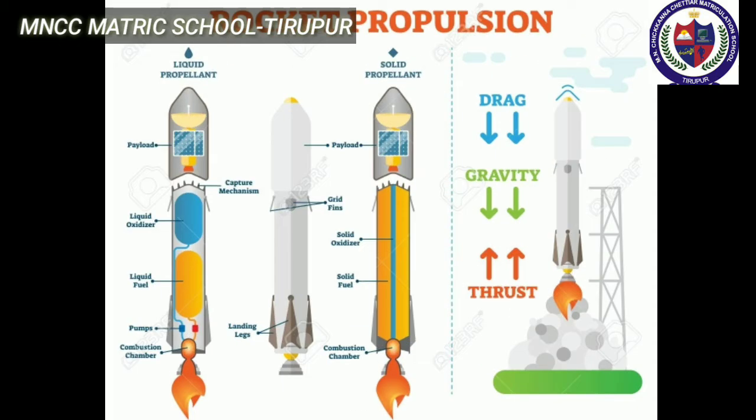Next we learn about rocket propulsion. Propulsion of rockets is based on the law of conservation of linear momentum as well as Newton's third law of motion. Rockets are filled with a fuel, either liquid or solid, in the propellant tank. When the rocket is fired, this fuel is burned and a hot gas is ejected with a high speed from the nozzle of the rocket, producing a huge momentum.